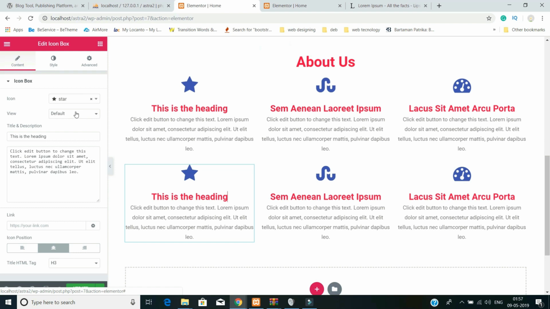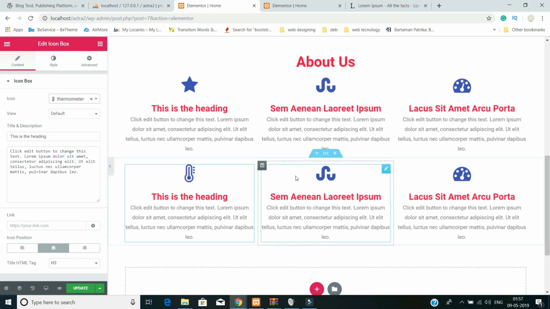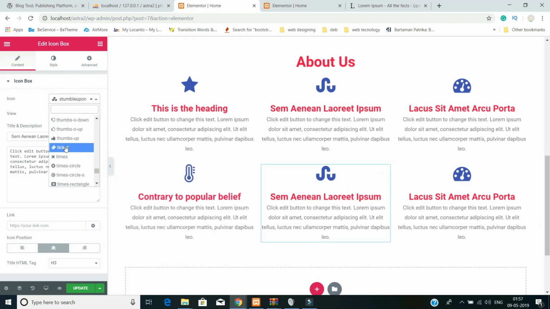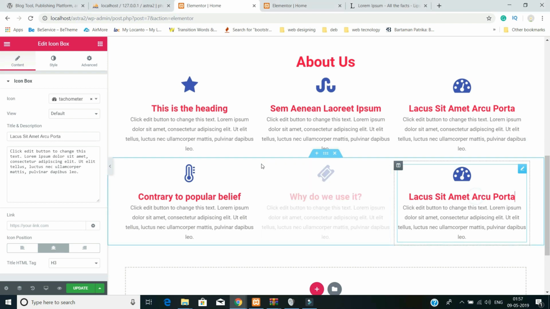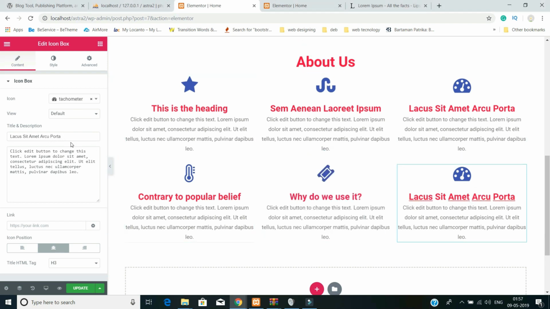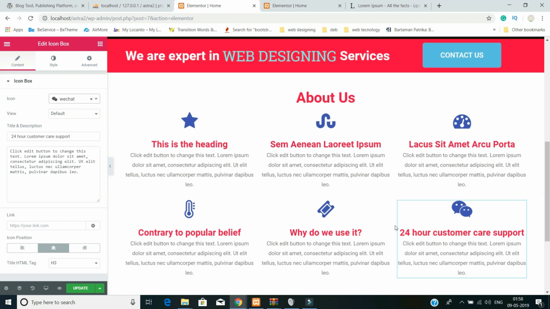Now for this also let's change something, the icon. For this also change the icon, change the text, like here also change the text and change the icon also. Like that. Okay, it's working perfectly. After that,